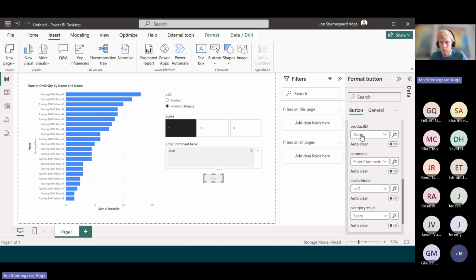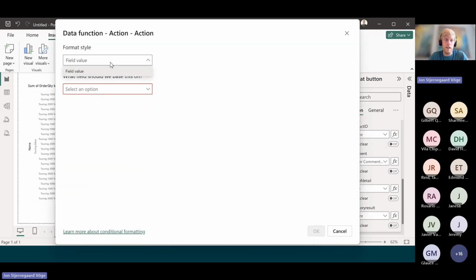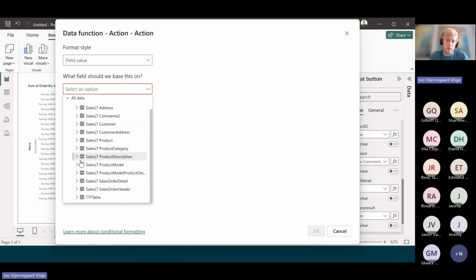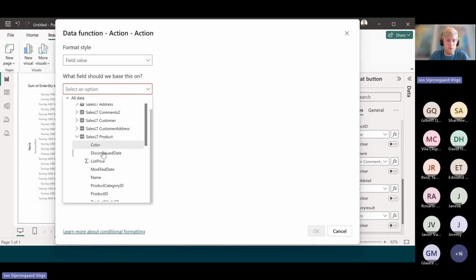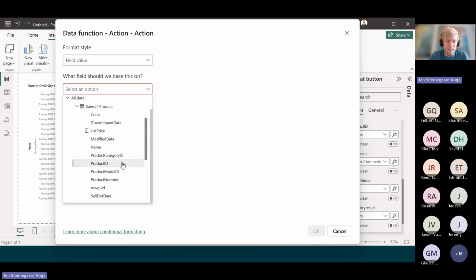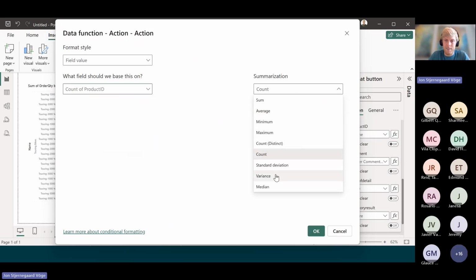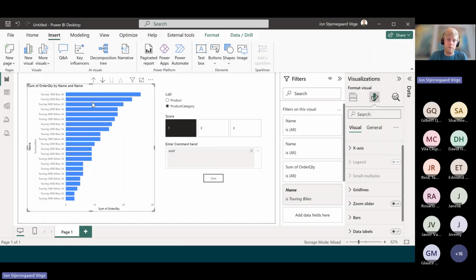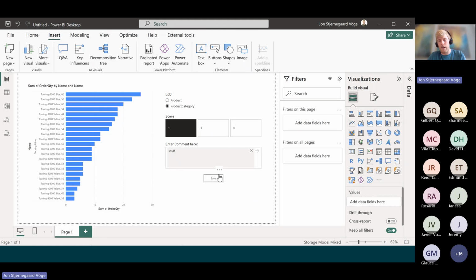How am I going to pick up whatever product ID that user has selected? Well, I'm going to go conditional formatting here. And you could select a calculated measure here, but I am just going to go ahead and do the very lazy way and say, give me just the max of the product ID, which, when a single product is selected, will give me the right result. So right now, this button is mapped to my UDF,